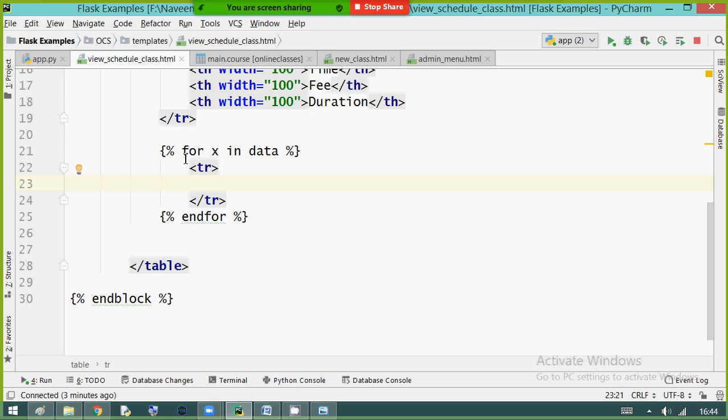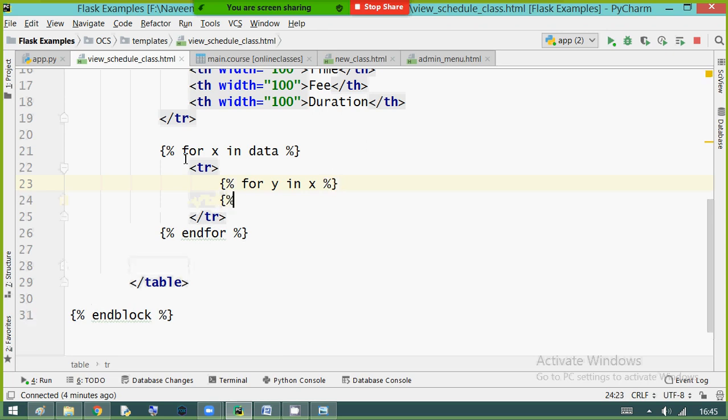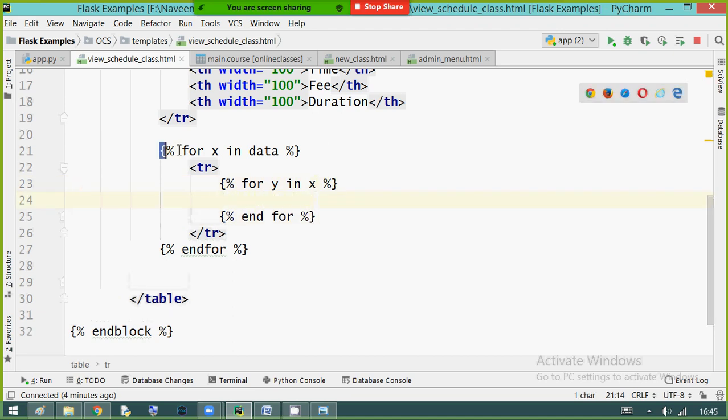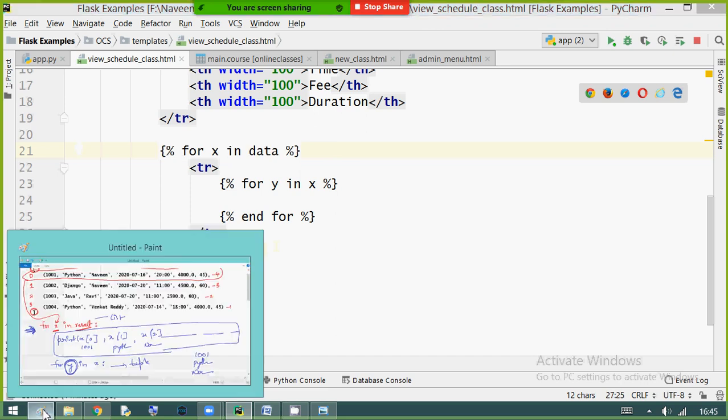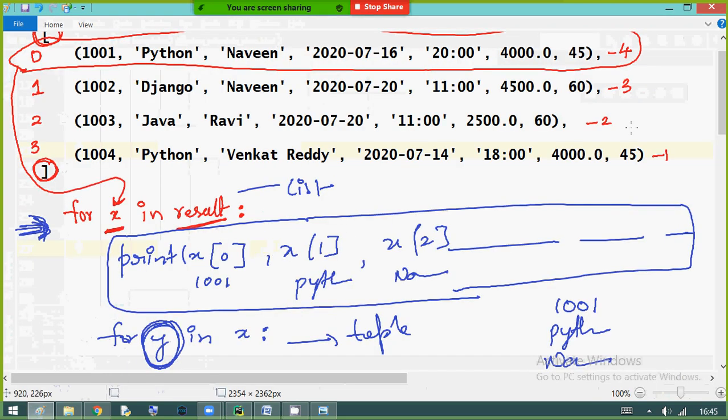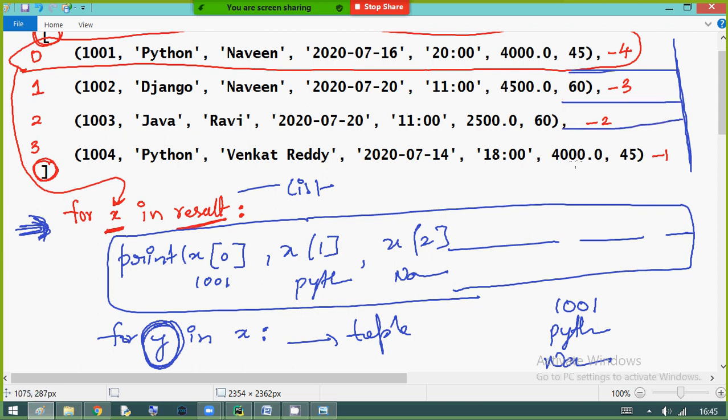Inside the new table row, again I am creating a for loop, an inner for loop, block tag for variable y in x, end for. So simple. The outer loop is for rows. Inner loop is for columns.